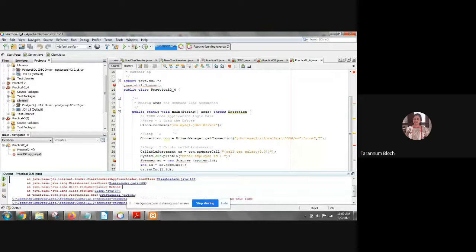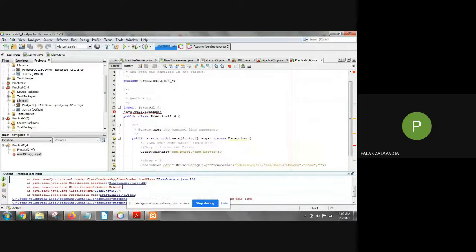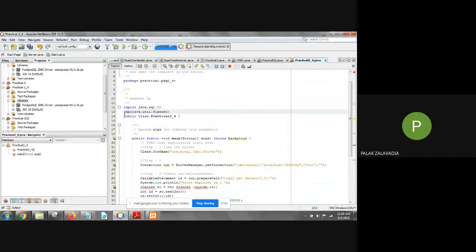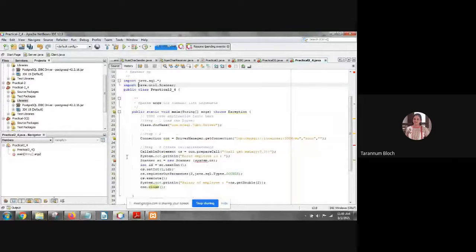Write down import java.util, you have to write import. Now System, the S is capital, line number 30. Remove the space, and make the S capital.